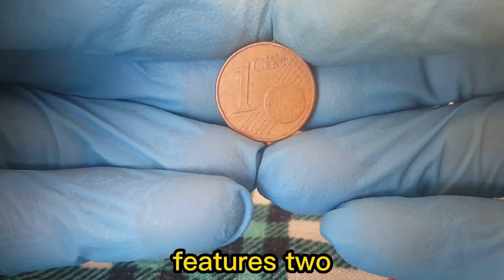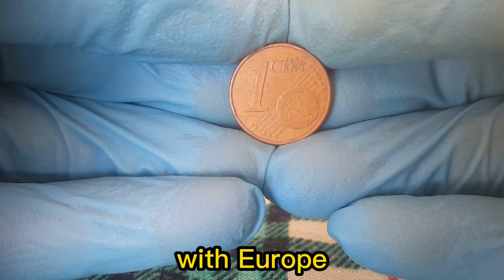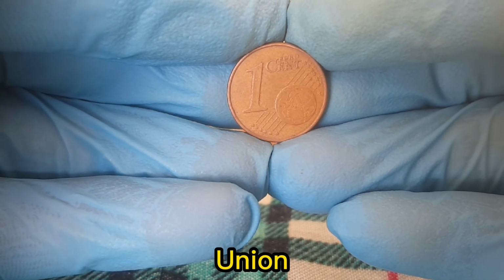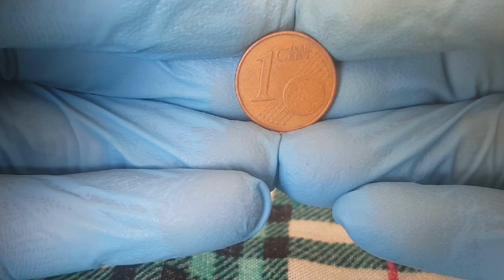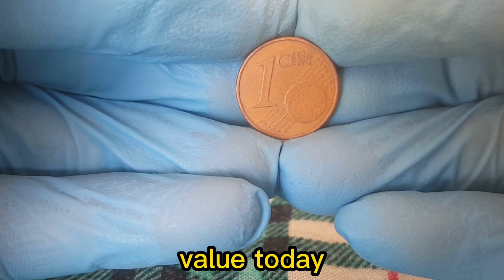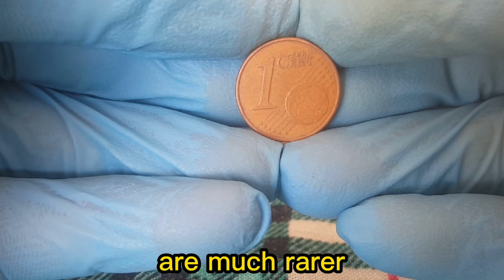This coin features two important sides. The reverse side is uniform throughout all Eurozone countries, showing a globe with Europe highlighted, encircled by 12 stars representing the European Union. The obverse side varies by country and features designs that reflect each nation's culture and history. The country of origin is a crucial factor when determining the coin's value today. Because each country minted different quantities and used unique designs, some 1 cent coins from 2009 are much rarer and more